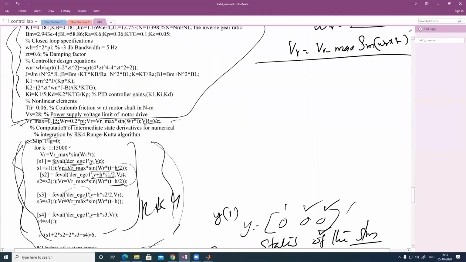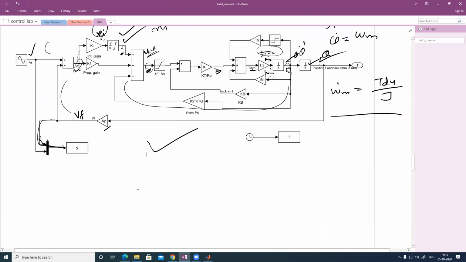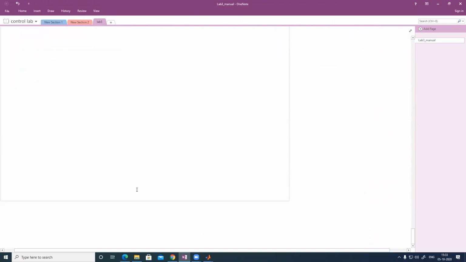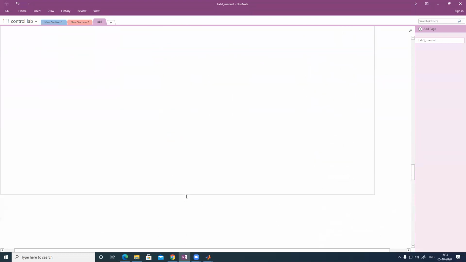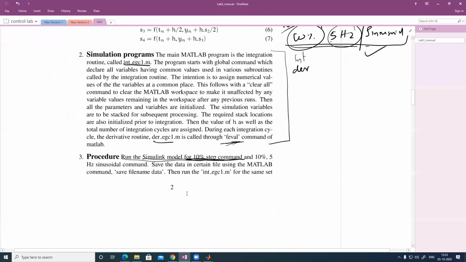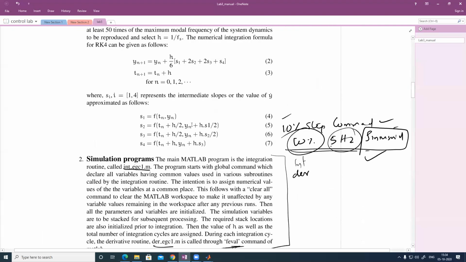And this report you have to submit by next Monday. It's simple only. No need to write any comments. If you want to write some comments also, welcome. So actually we are doing validation for the equivalent model. This one is equal to that one; that only we are proving. So we can start doing.